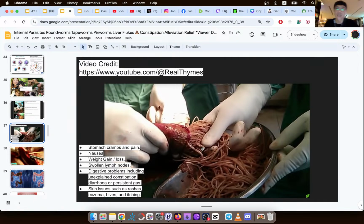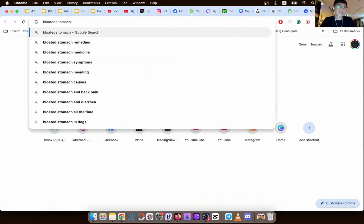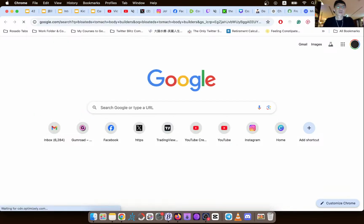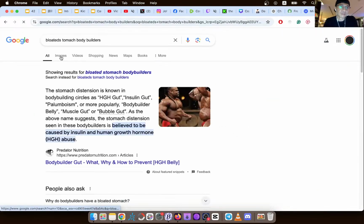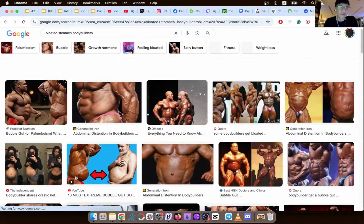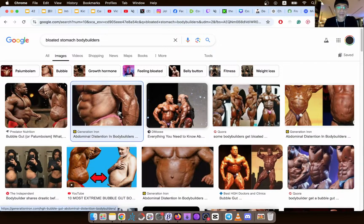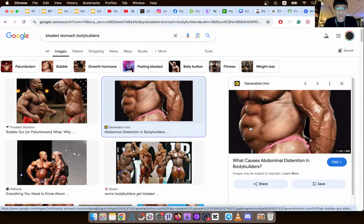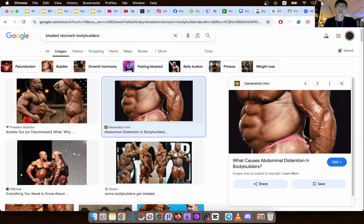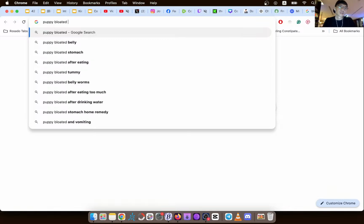And you see a lot of bodybuilders with bloated stomachs. I really do not think bodybuilders look into parasites at all, okay? It is very, very problematic. Even though they're working out all the time, of course they work on their abs, right? But why do they have this bloated tummy right here? And can you make the connection of a puppy, bloated stomach,